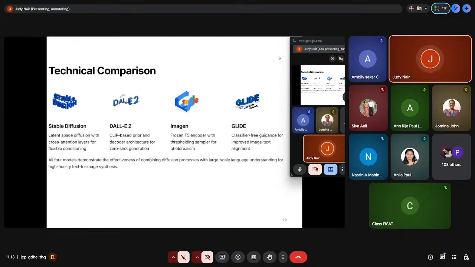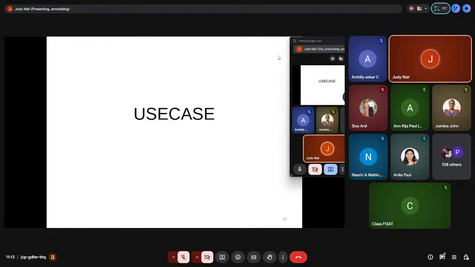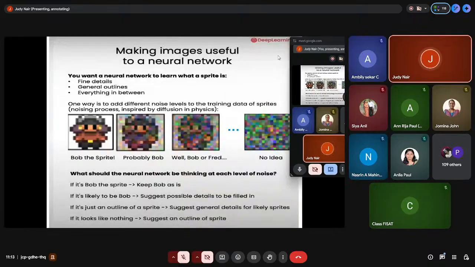With this paper, they have compared all four famous diffusion models and given some performance evaluation metrics also. I'll take you through a code that is already there. I have gone to Hugging Face, which also has a lot of diffusion models and different examples, but this one I took from OpenAI. This is one example which I will show you as code. I don't know if it's executed now. One second.